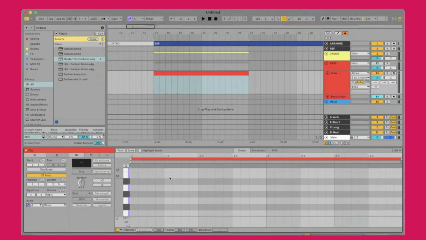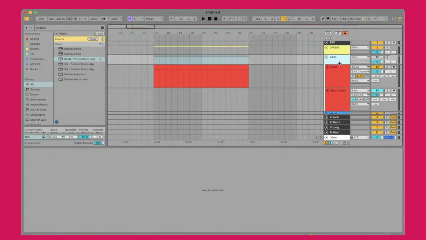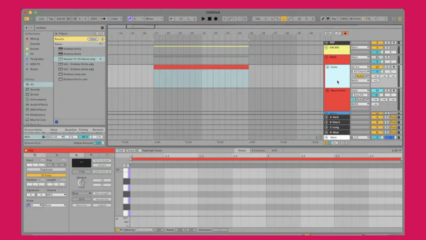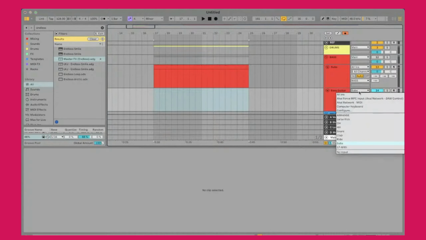There's already something here ready to go for me, which is nice. It's just all about speeding things up. And then within this bass group, I have things set up for the two layers, so the sub and mid bass layer. So what I have is this secondary channel, which is set up so that it's automatically